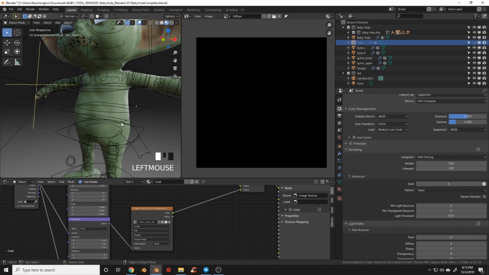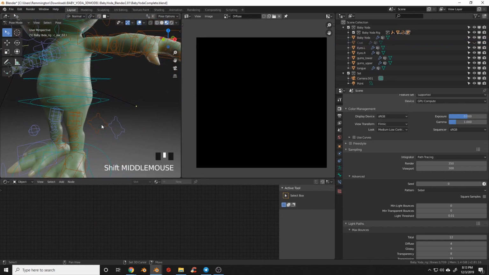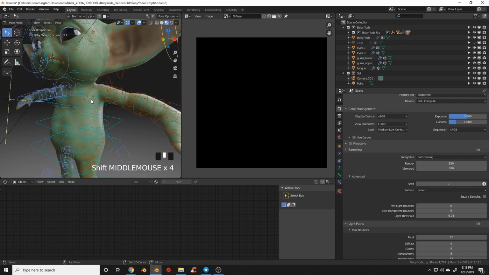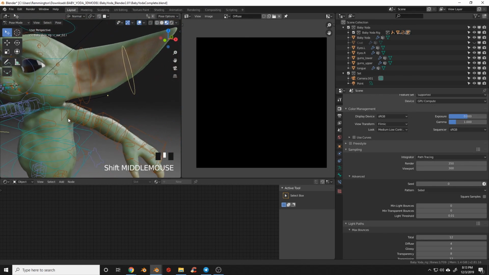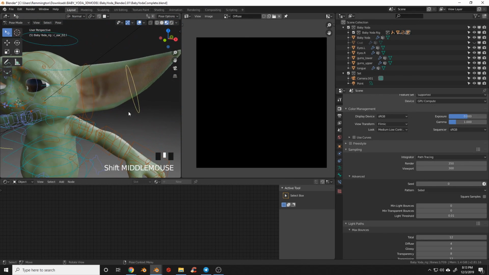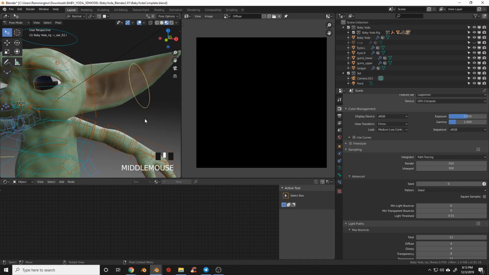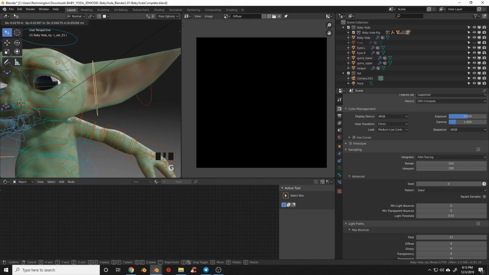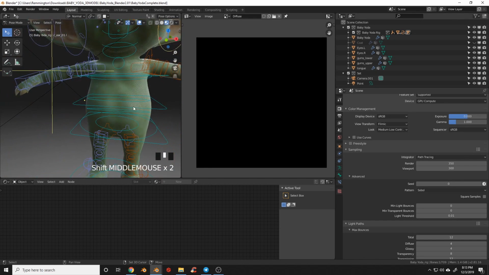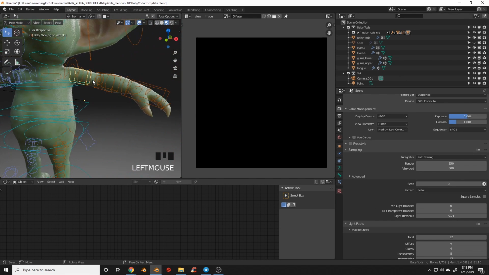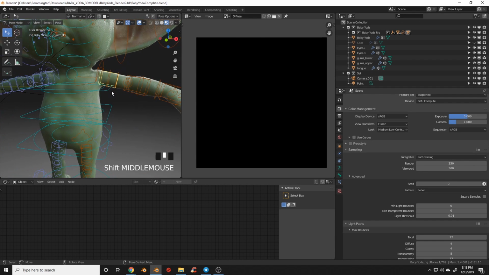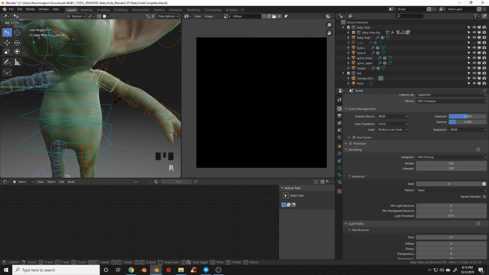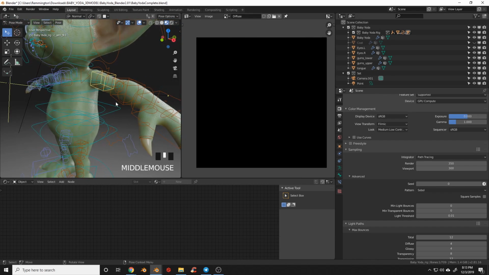So we're going to go back into pose mode. And what we can do is just grab any one of these controls. So let's grab this little ring right here, and I'm just going to start moving it around with the G key. And really, you're just going through and testing all of the controls and what they do. You'll notice that some controls, when you go to grab, may not want to move and you may have to use rotate. They may have it locked to only rotate, or they may have it locked to only grab.